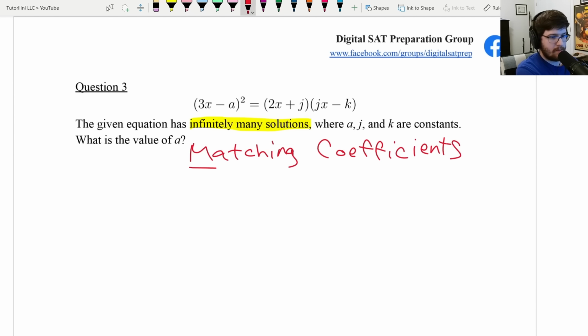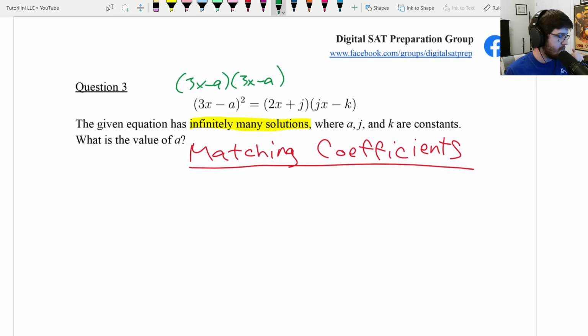So first, 3x minus a squared. That's 3x minus a times 3x minus a. So if you're unsure how to expand it, we should write it out like that. Lots of people, they would just do 9x squared minus a squared, and that's wrong. You can't use distributive law of exponents when there's more than one term. There's two terms, 3x and minus a. All right,